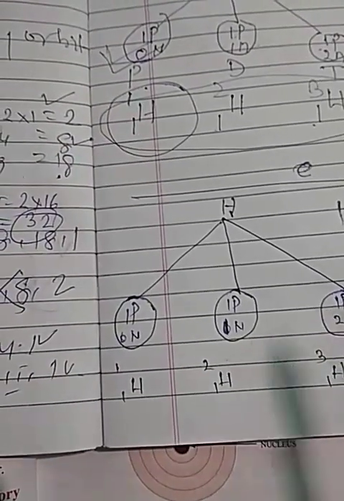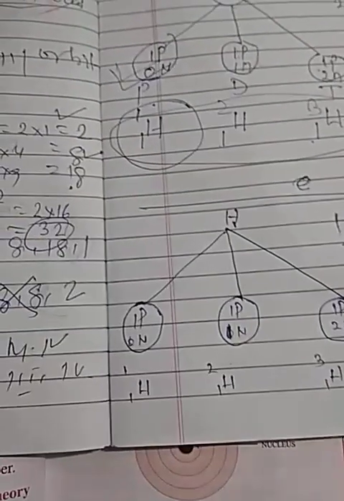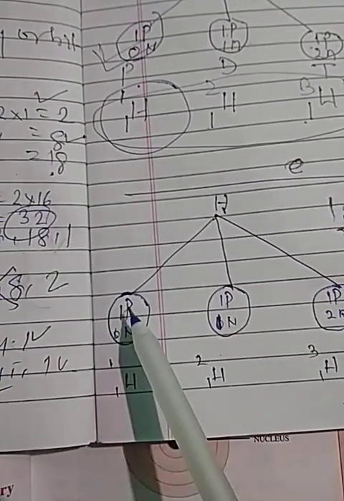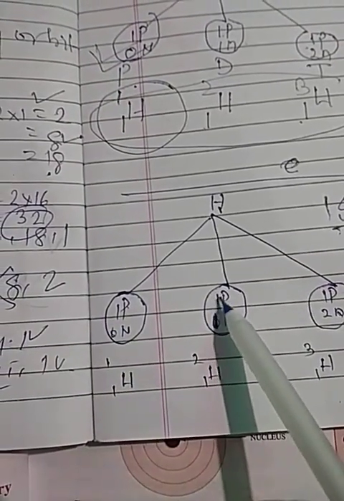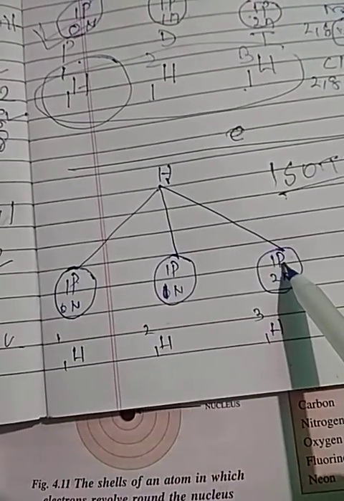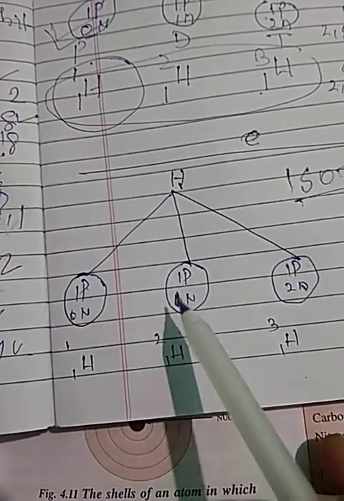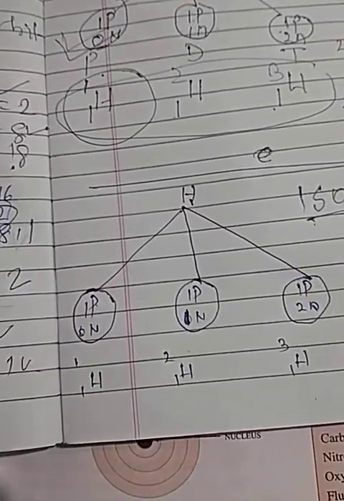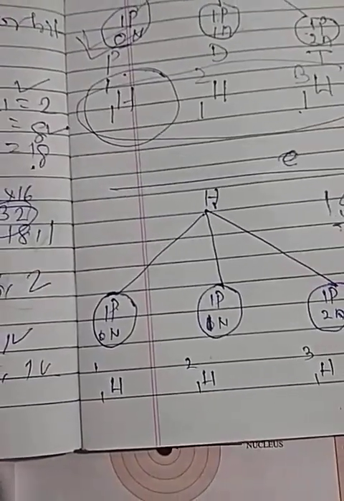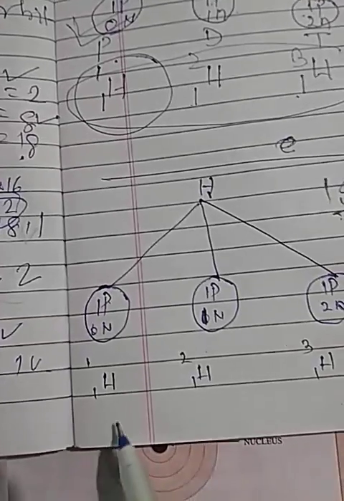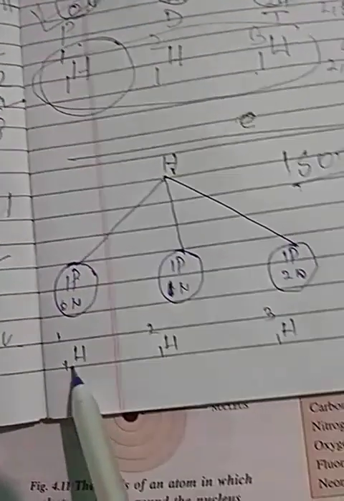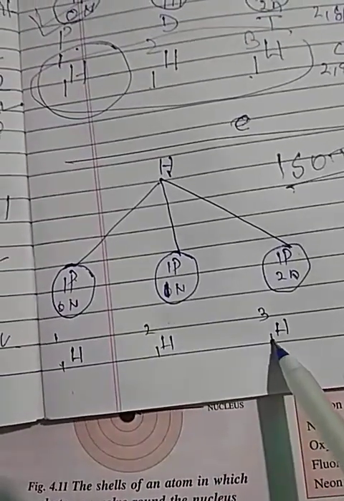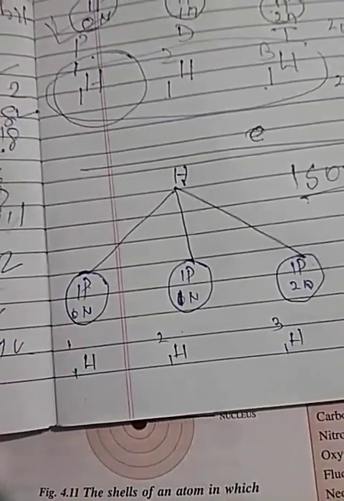We had seen what is atomic number? The number of protons present in the nucleus. So it has one proton, it has also one proton, it has also one proton. Means all these three different atoms of hydrogen will have one proton. So these three will have one atomic number. We used to write atomic number here. So all these three atoms have one atomic number.